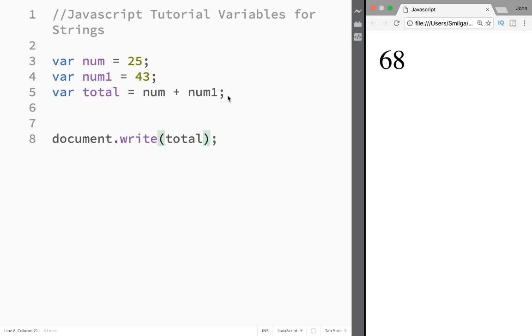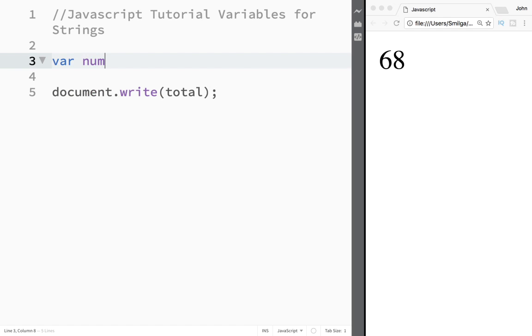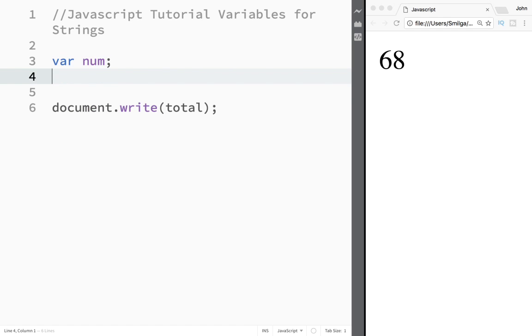Now we also could have done it a little bit differently. Let's say we could have, just let me delete this. We could have first created variables, which in this case I'm gonna say that variable would be var num, and then I'm going to say var